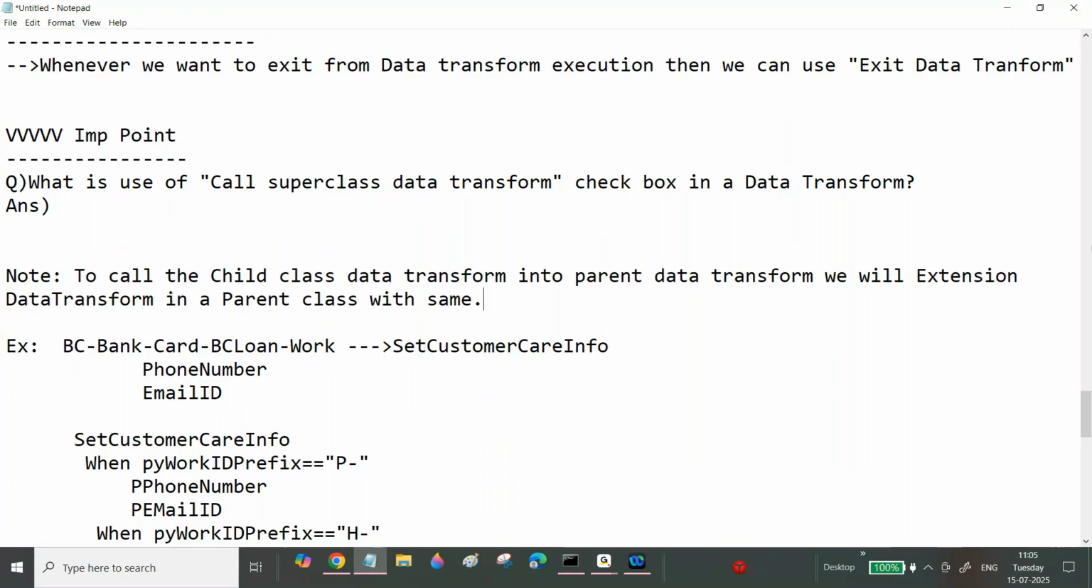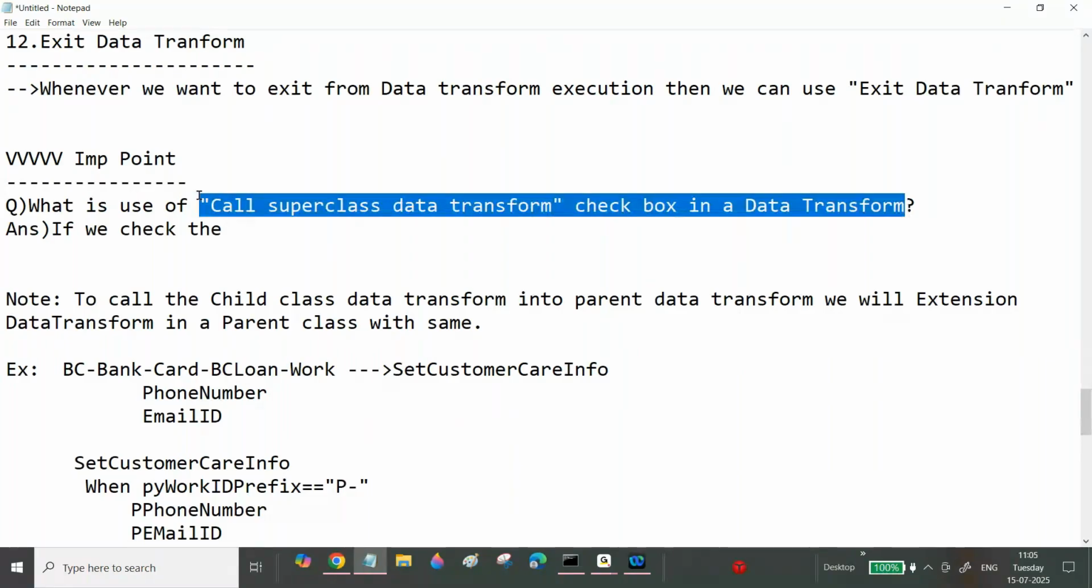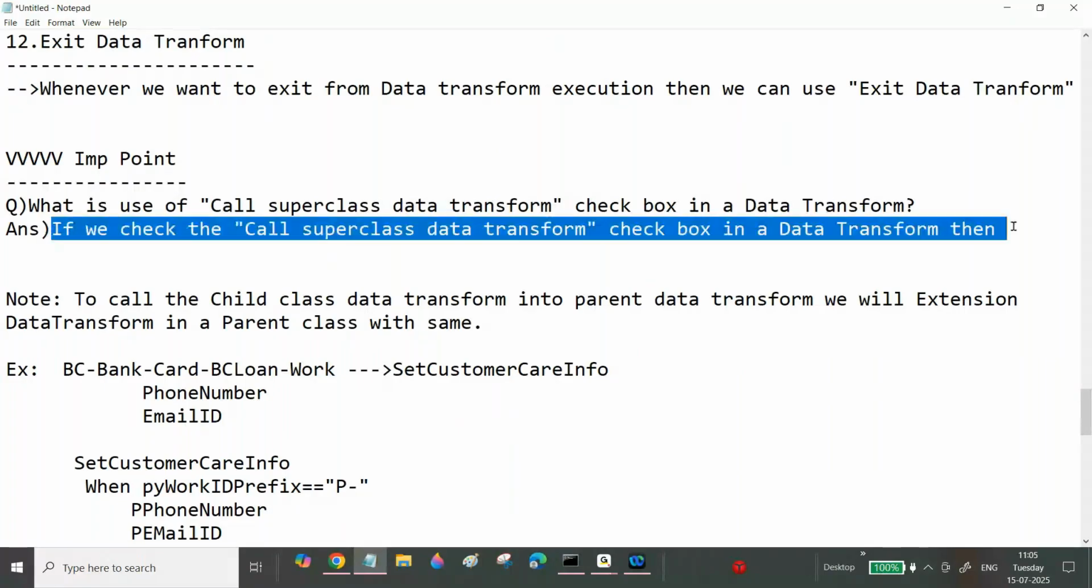Now tell me, any questions? I will write here. What is the use of the superclass data transform checkbox? If we check the superclass data transform checkbox in a data transform, then, in case